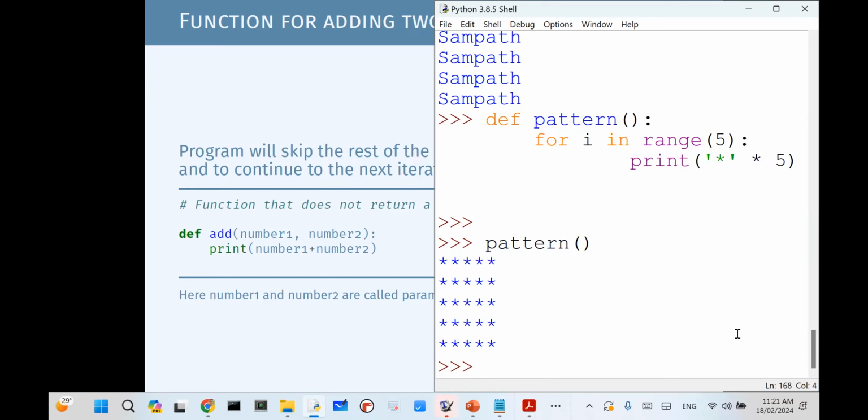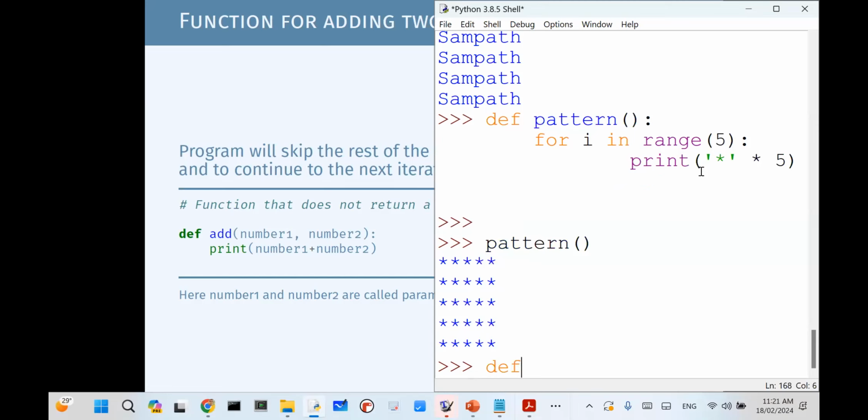So we can create our own set of functions. How do you create one? You start with def, give a name for the function, and then define any parameters you need. But you should not always use print. For example, you should use return if you want to save the result and proceed further.